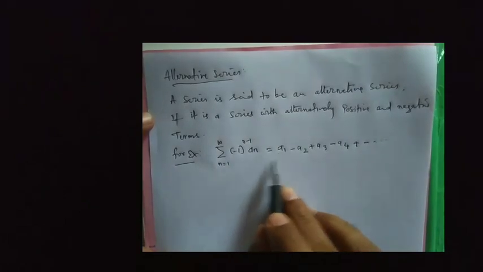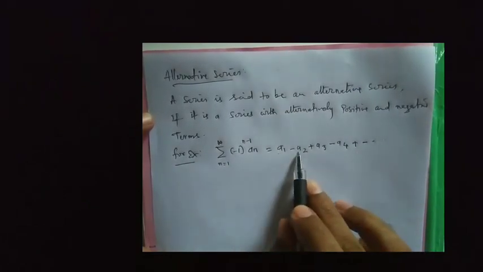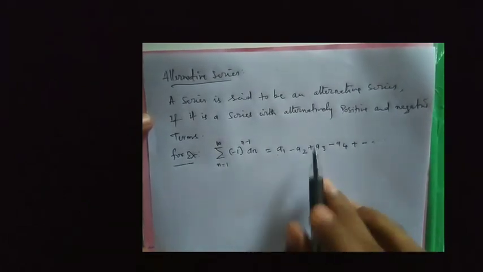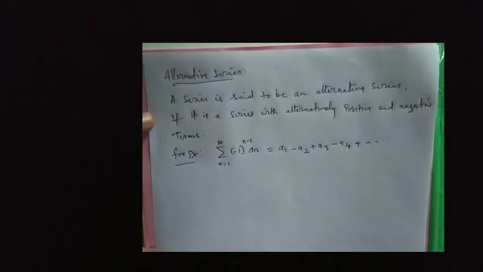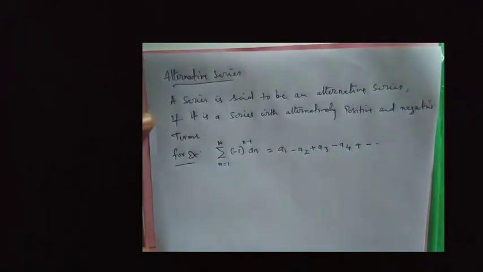Here this is a series containing positive and negative terms, and these types of series are called alternative series. Now to test whether the alternative series is convergent or not, we are going to